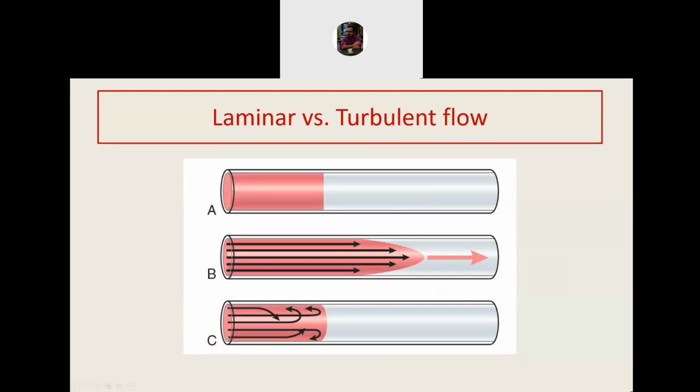Now in this diagram we see, in diagram A, two fluids have been kept in a cylinder as they are moving. One of the fluids is colored with a dye. If these are perfect fluids, then we will see that after some time, the head end of the moving fluid takes on a parabolic shape. This can be understood mathematically, but also we can understand it by simple physical analogy.